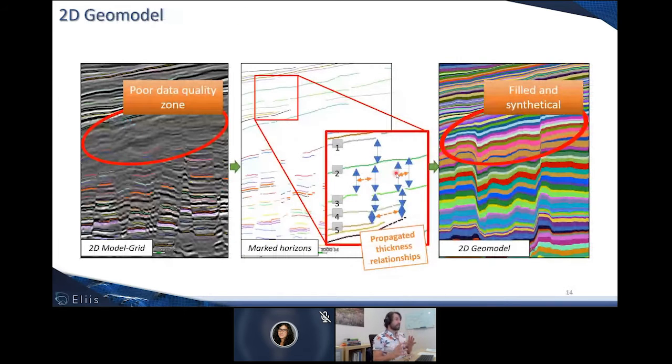Once this work is achieved, or since it is an iterative process, the interpreter can every time switch between the model grid refinement and the geotime model generation. The creation of the 2D relative geological time model will be based on the marked horizons only.